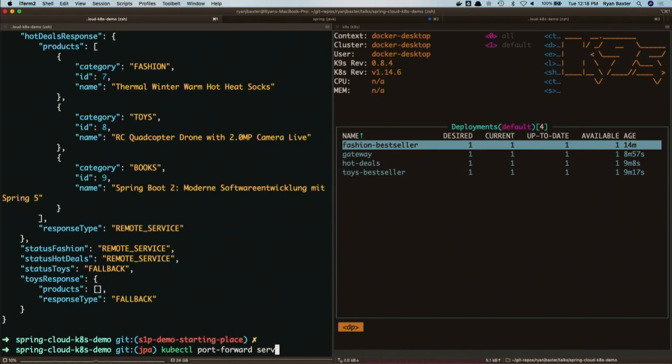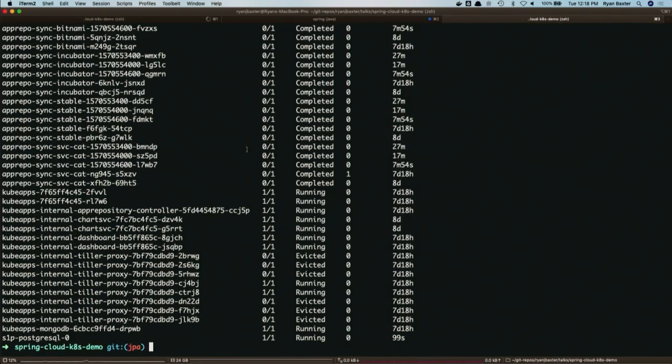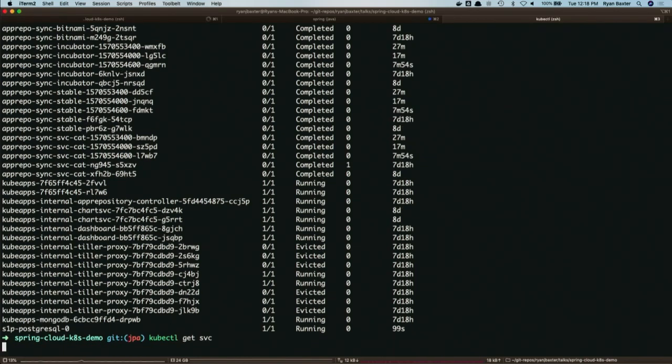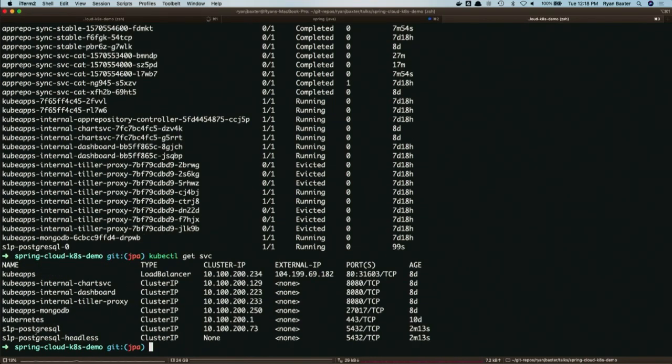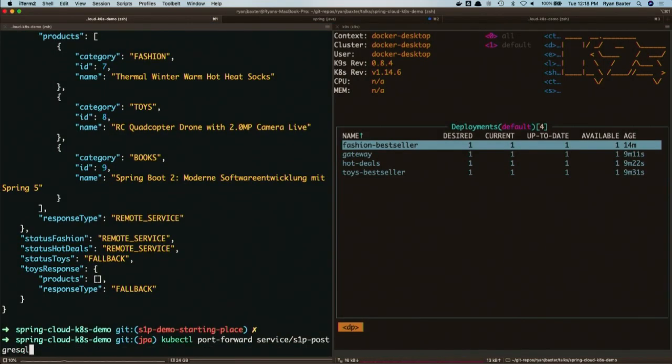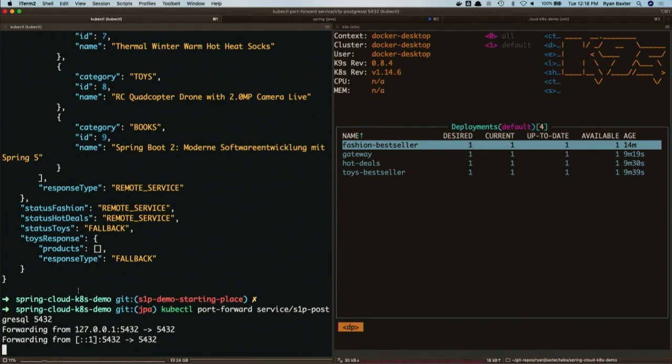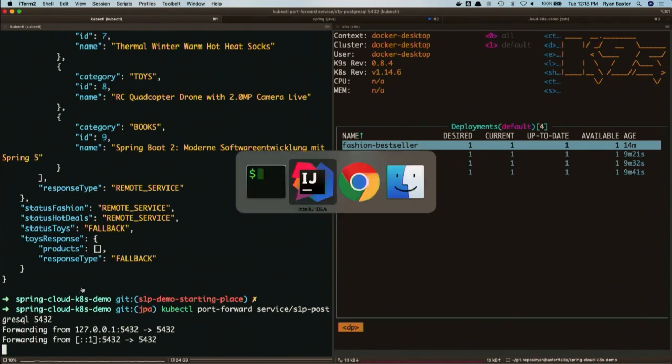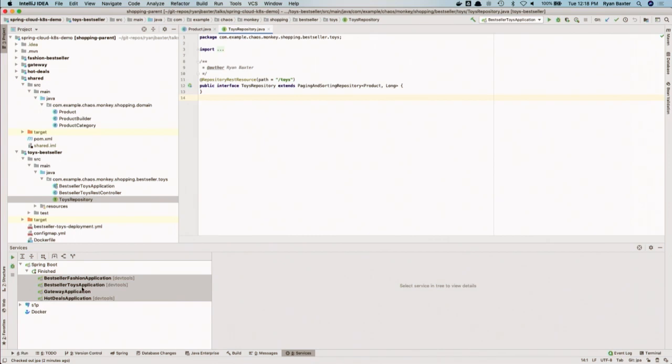I want to connect to the database, and the name here is S1P-PostgreSQL. I want to open a port. From this point, if I connect to this port, I will actually connect to the remote database.